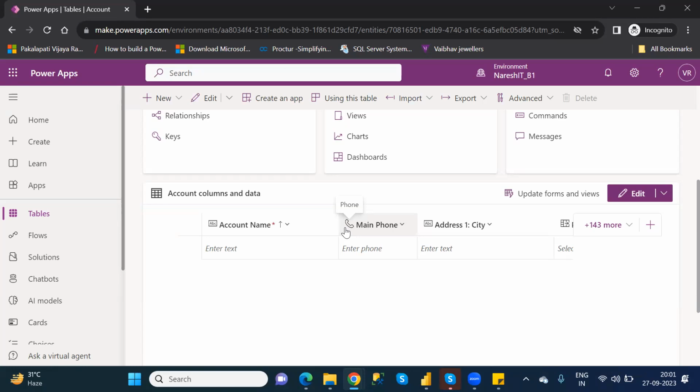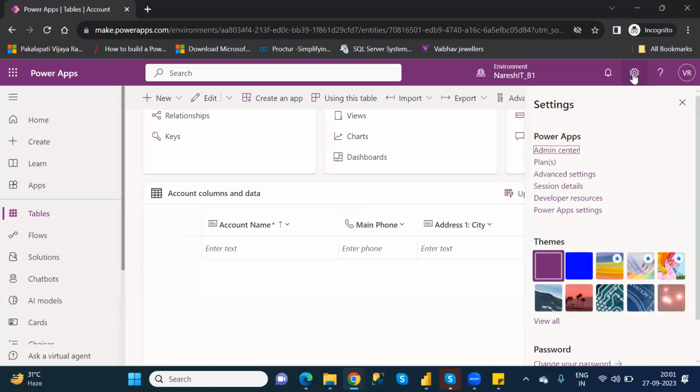Most of the time, while practicing, if you want to work with sample data of the default tables, the column names are available but the data is not available. You have to load the sample data into the default tables. For that, there is an option called settings, and under the settings, you will see an option called advanced settings. Under the advanced settings,